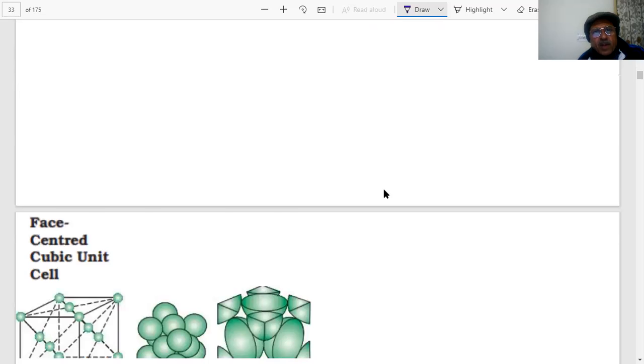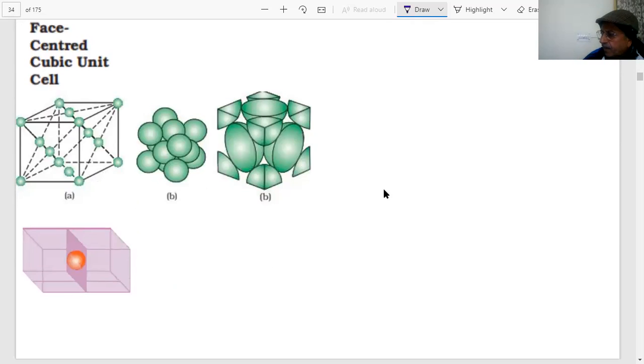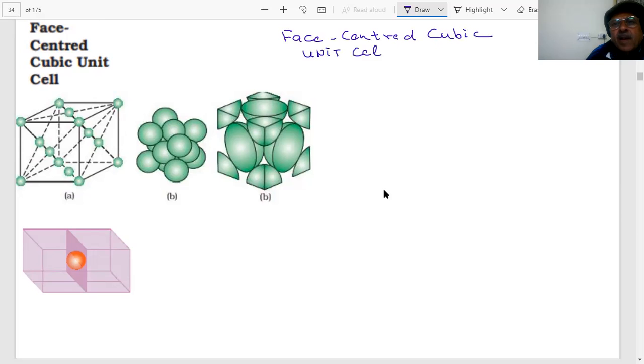The next one is, students, FCC. In FCC, which is our face-centered cubic cell, face-centered cubic unit cell. And in the face-centered cubic unit cell, students,